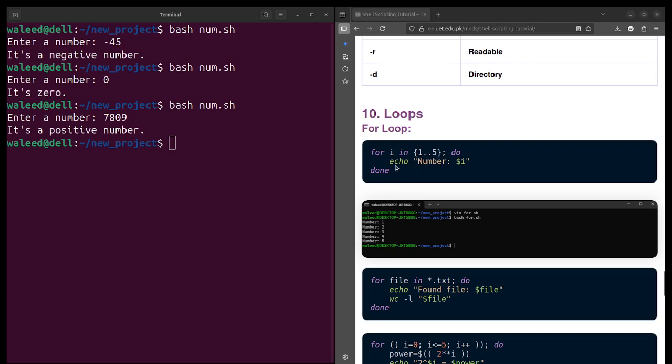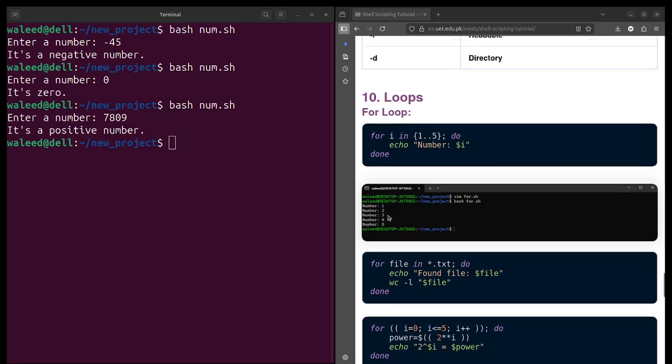For example, here in this example, if you want to print numbers from 1 to 5, you will simply store that 1 to 5 in a variable I, and then dereference this variable I using the $ sign multiple times from 1 to 5, and it will print numbers from 1 to 5.